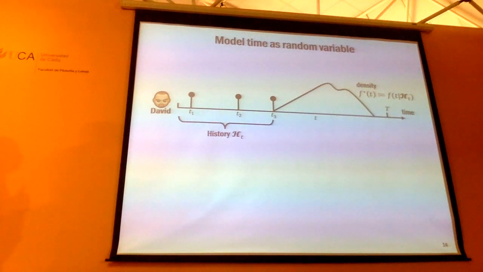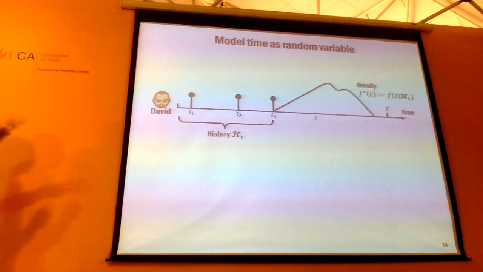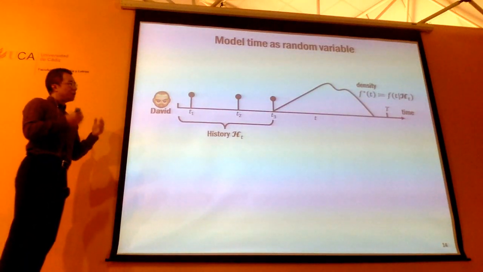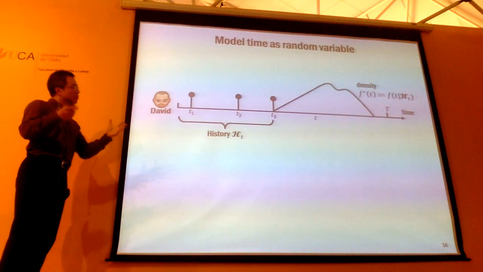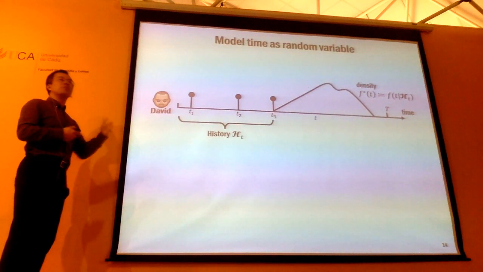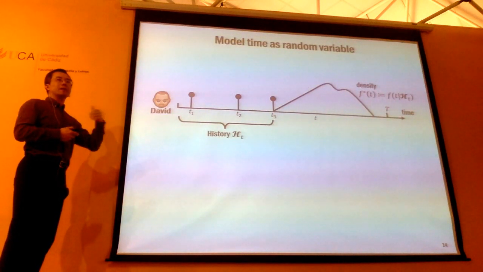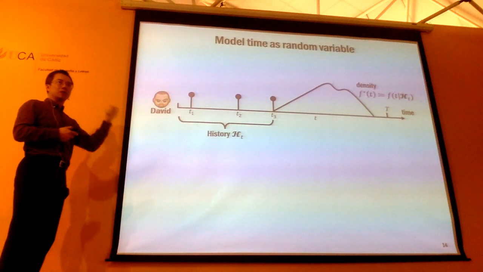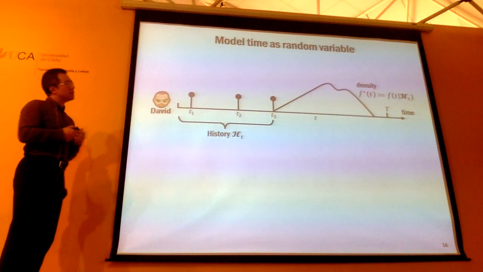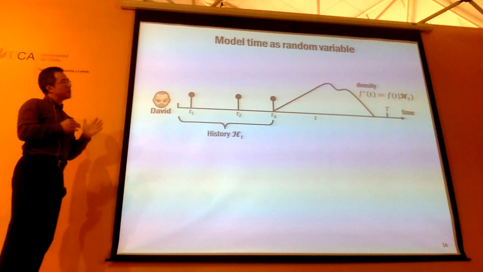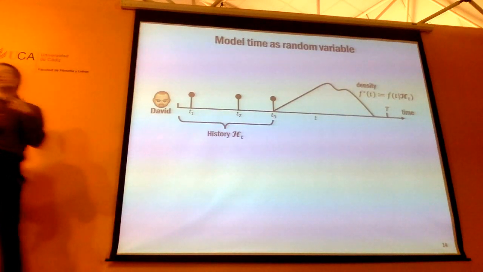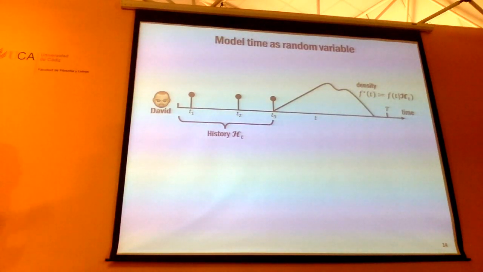So we all know about random variables. Supposedly you have some kind of density function, or conditional density function, of the next time interval given the history. So one thing you can do is sample from this density function, right? And then that will give you a particular instantiation of the next event. I will explain to you that the density function is actually not a nice quantity to use when you try to model this temporal dynamic. The intensity function is a better quantity.